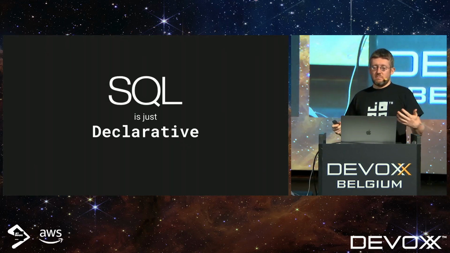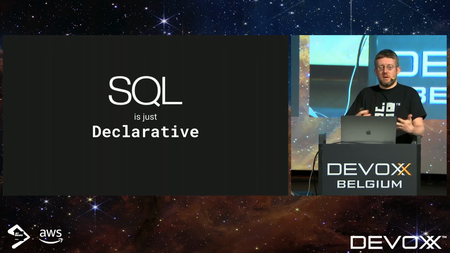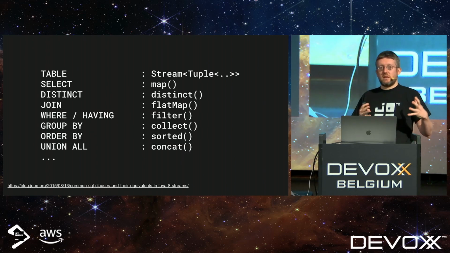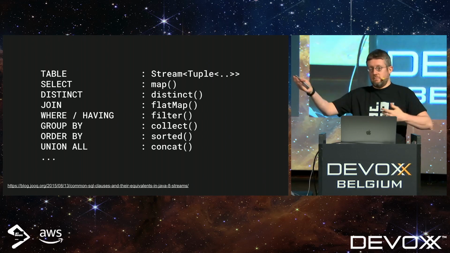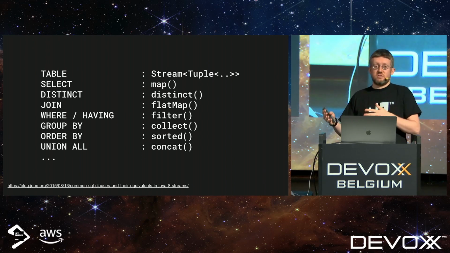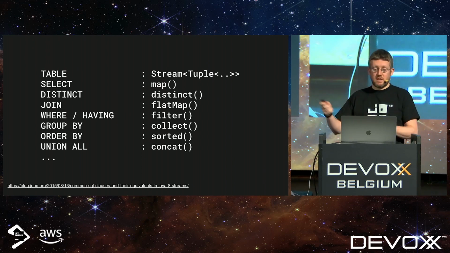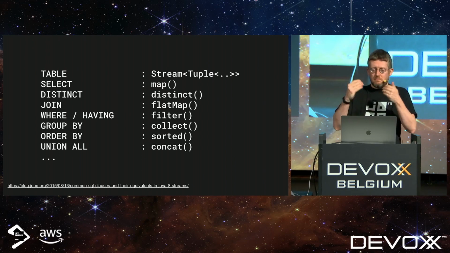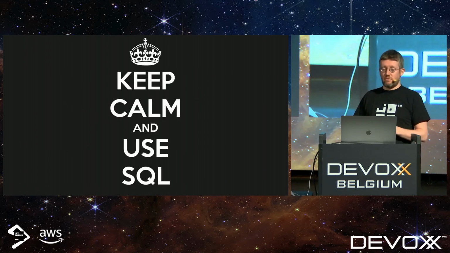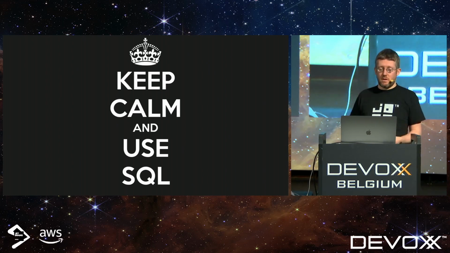So 10 years later, I just understood SQL is just something declarative. And all the concepts I like in Java 8 and later versions are just named differently in SQL. Table is a stream of tuples, select is a map, and so on. So I just needed to update my brain on that and get the right naming for the right thing,